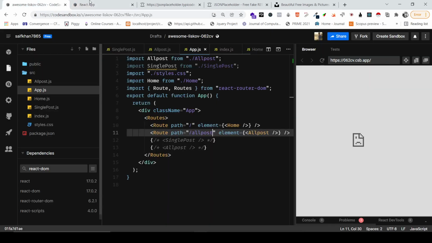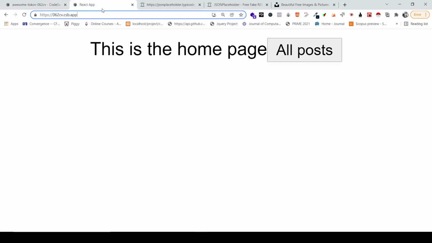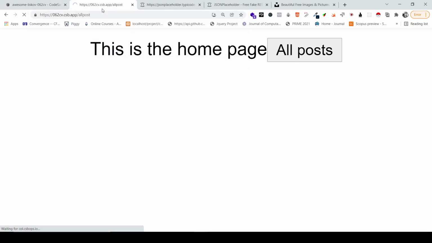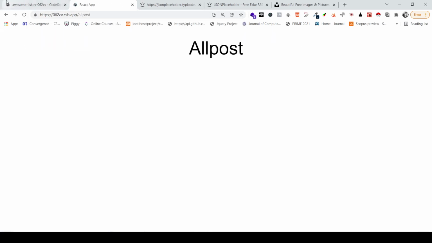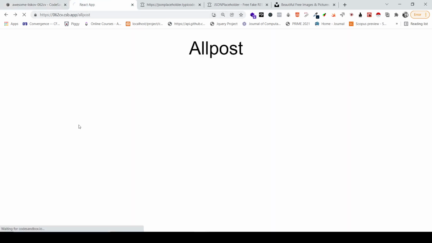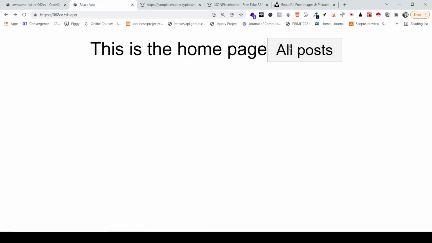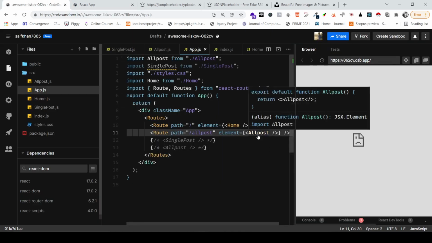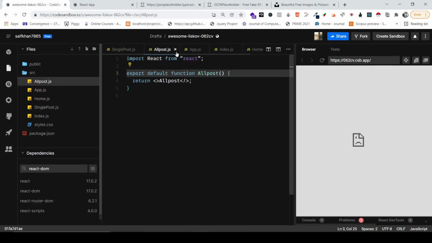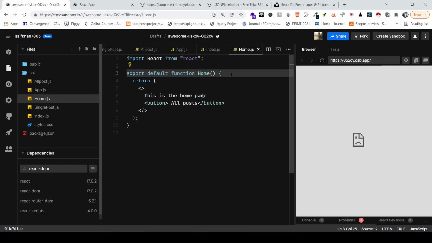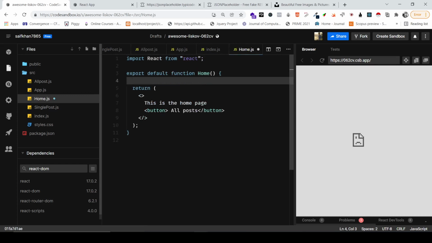So now it is not a good thing to basically ask the user to put in the all posts over here and basically move the user to the next page. So for that we will give a button. Of course we have a button on the home page. If you guys remember, I've created one button, all posts. All right, so let me go to the home page, and over here we basically need to